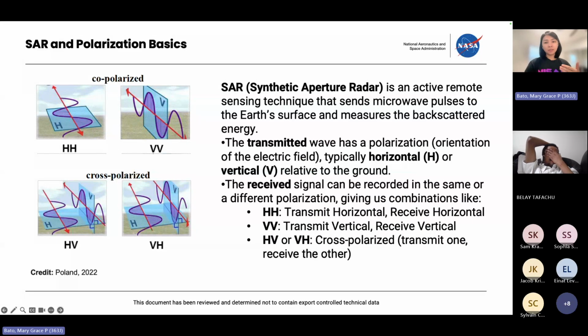So radar is again an active system, and it sends microwave pulses, and then the measured pulse comes back and allows you to observe the Earth or your site of interest. From that return signal, things like surface roughness, moisture, and structure can be inferred. And if you think of using a radar to form an image, we call it synthetic aperture radar in this case because